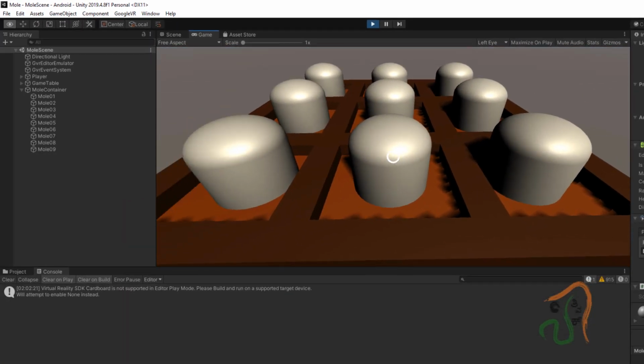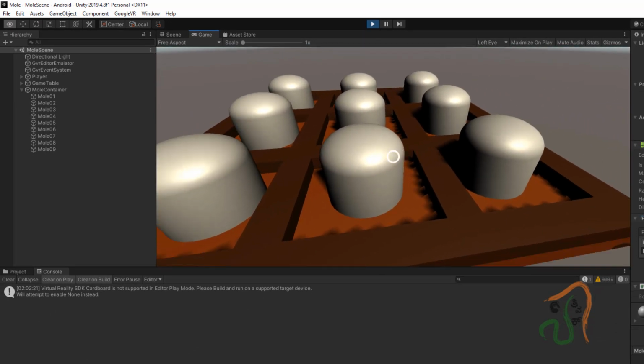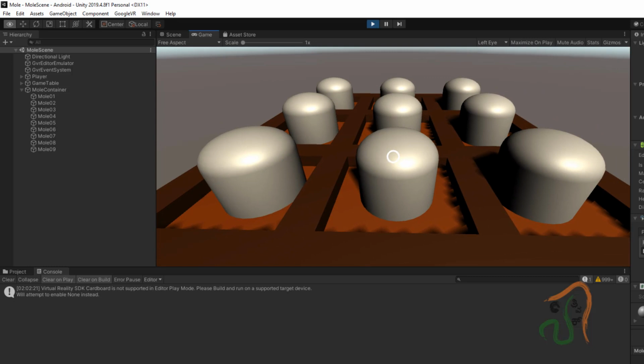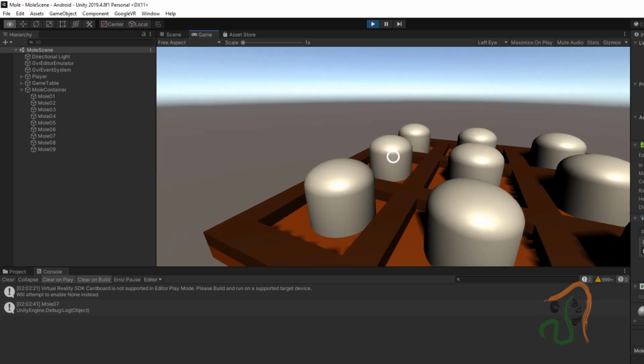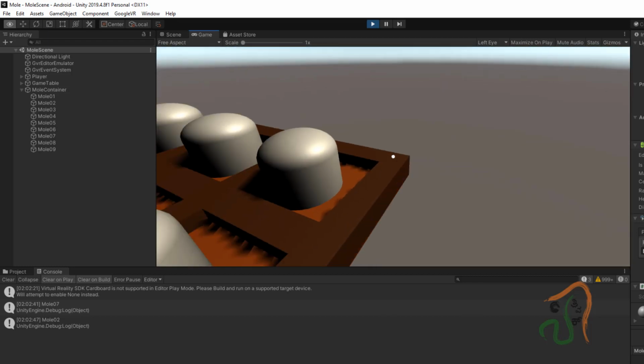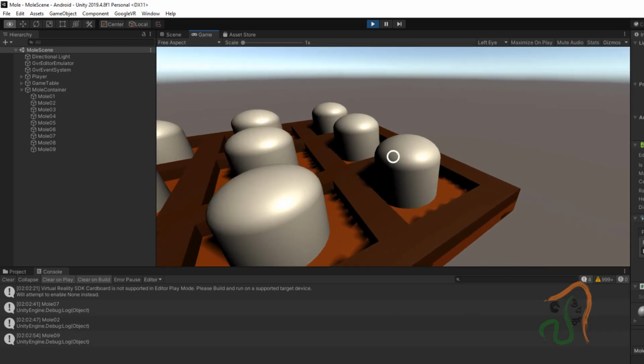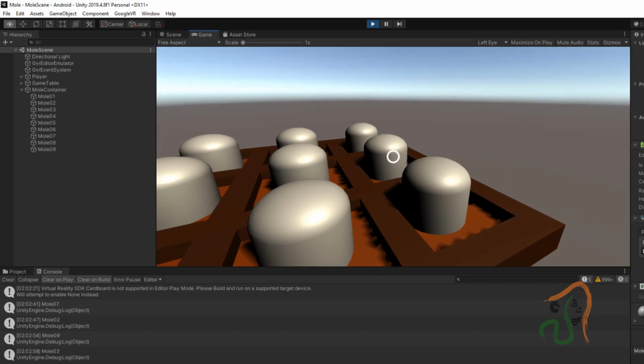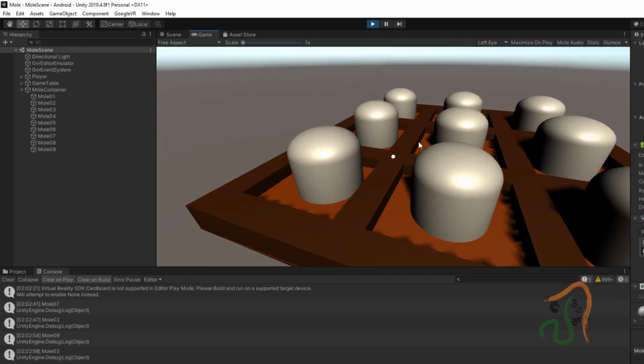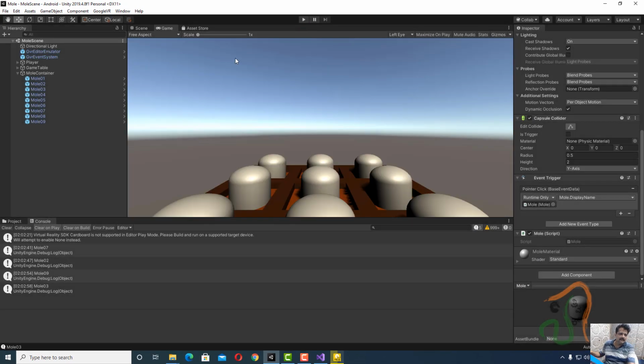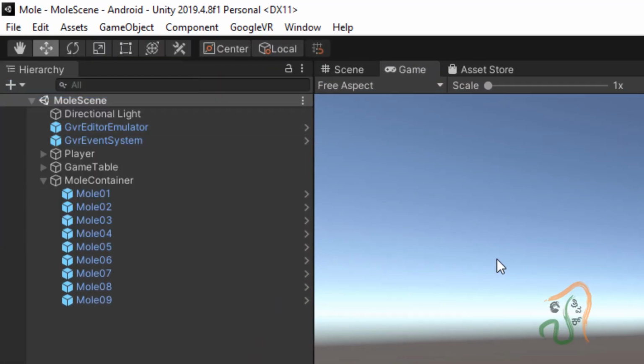So to print it in the console window, I should not only turn towards the object, but should also click it. If I click from the mouse, you can see this is mole 7. Similarly, if I turn towards this and click, this is mole 1. Sorry, mole 2. And if I turn towards the other end and click, this is mole 9. If I turn again and click, this is mole 3. So now this is executing only when we click the button. So this is the way we add events in virtual reality. Now stop the playback, then come to file and choose save to save the project.